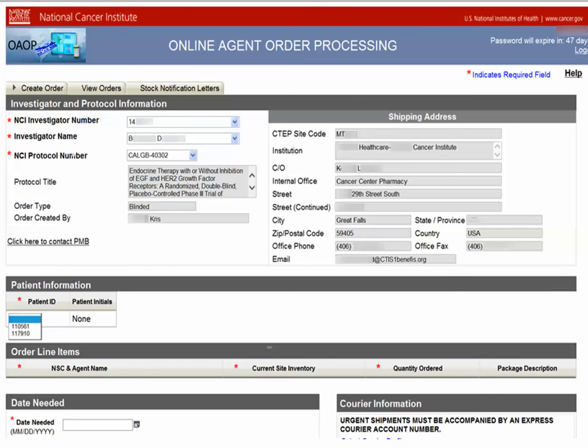Most reorders need to be entered by the site using OAOP. Because there's a unique link between the investigator listed on the shipping receipt and the patient ID, you need to order under the same investigator that is noted on the initial shipping receipt. Unless the patient has been transferred to a different investigator through direct discussion with the coordinating office and PMB is notified, the patient ID will only display under this investigator in OAOP. You will not be able to see the patient ID to order supplies under a different investigator or if you are not a designee of the investigator listed on the shipping receipt.